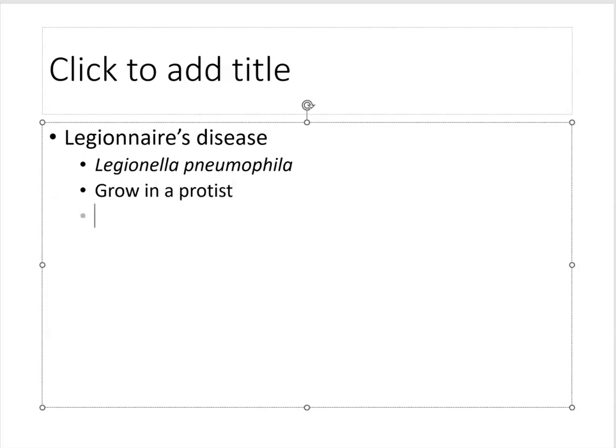So you might want to stop this and remember, what is a protist? What does it mean to be inside a protist? The protist grows in fresh water. So we get exposed to this when we have stagnant water in a building air supply. The protist grows in it, the bacteria can grow in the protist,